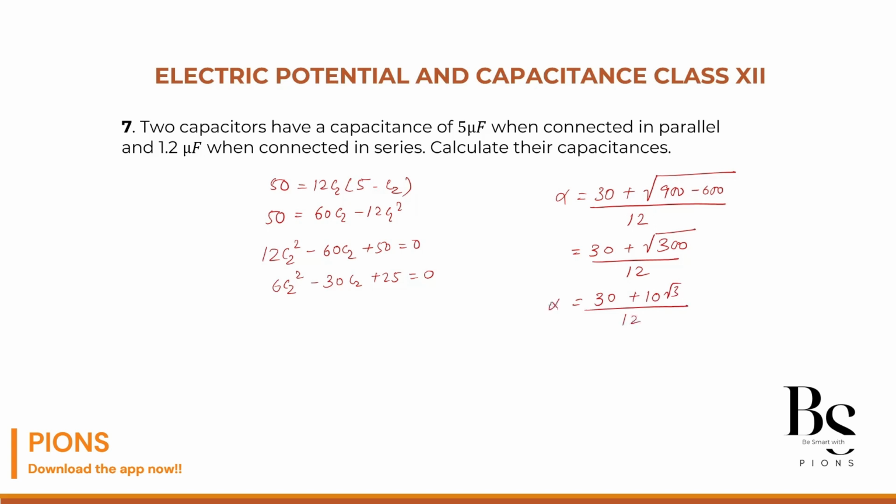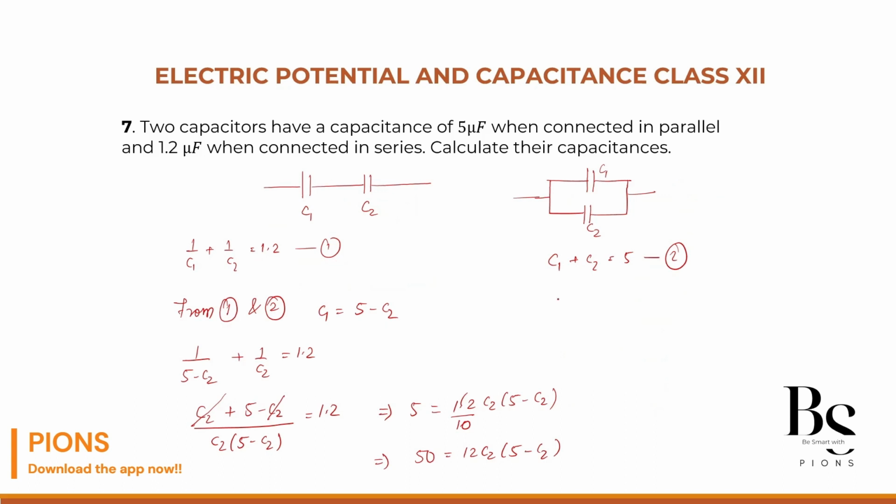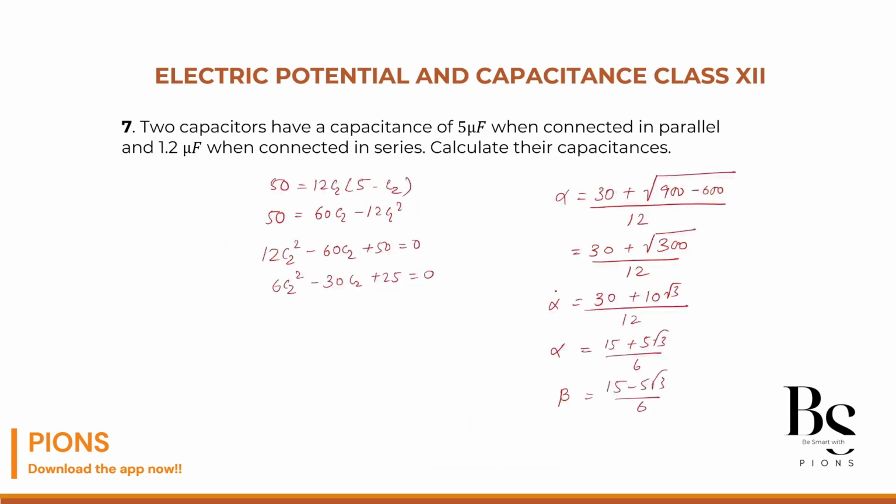Okay, so that is alpha, and you can divide this whole thing by 2, giving 15 plus 5 root 3 upon 6. Correct. Up and down I cancelled. So if this is one of the possible values of C2, then beta will be equals to how much? 15 minus 5 root 3 upon 6. Correct. So these are the values of alpha and beta. Now if these are the two values of C2, we can find the value of C1. C1 will be 5 minus C2, right? So C1 will be simply